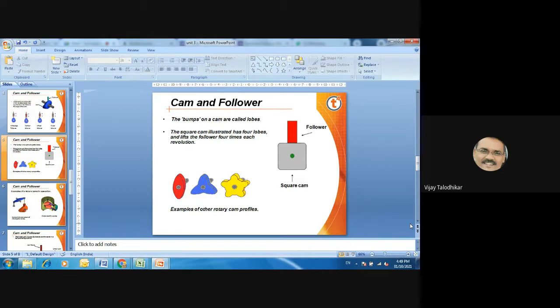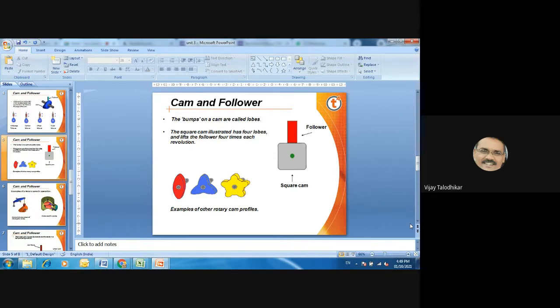But such followers are rarely used just because they will produce impact. When it produces impact, the cam follower jumps on the cam. Whenever the follower jumps on the cam, you can say that the jump phenomenon occurs.